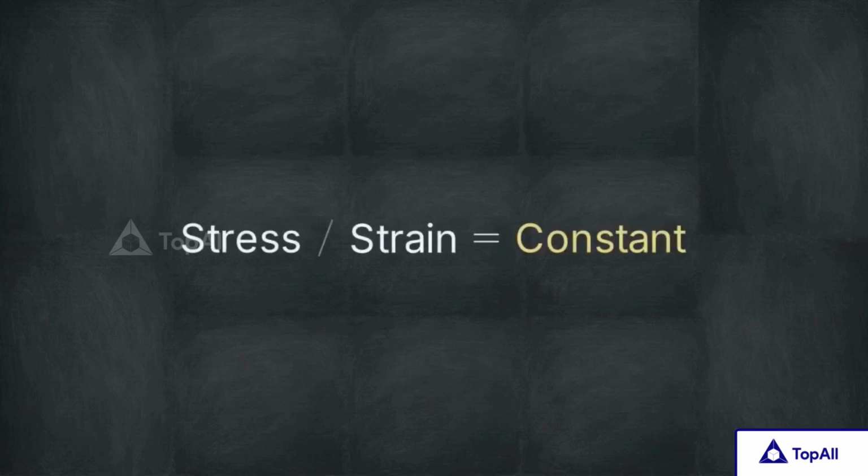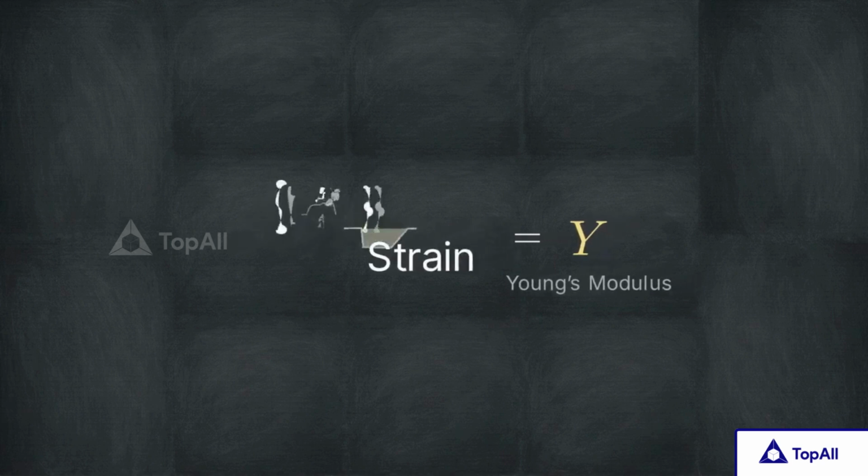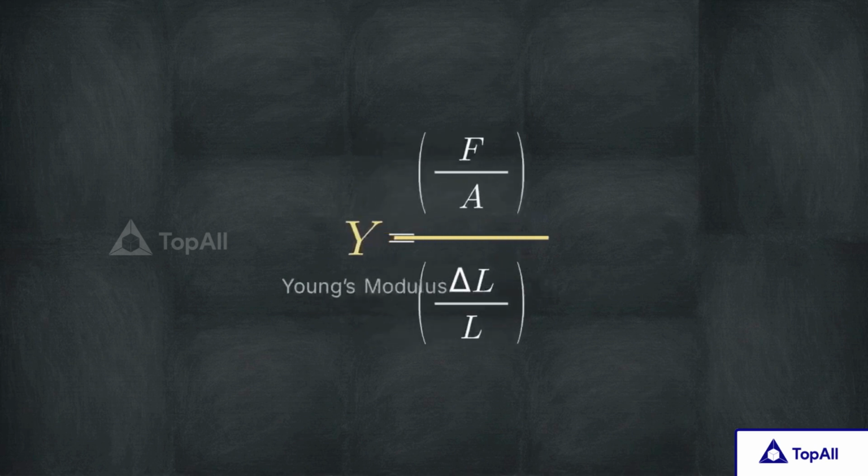Because stress and strain are proportional, their ratio creates a constant value. This ratio serves as a mathematical signature for the material being tested. This governing constant is called Young's modulus, and we represent it with the letter Y. To make this useful for engineering, we expand the equation by substituting our physical components, force over area, divided by